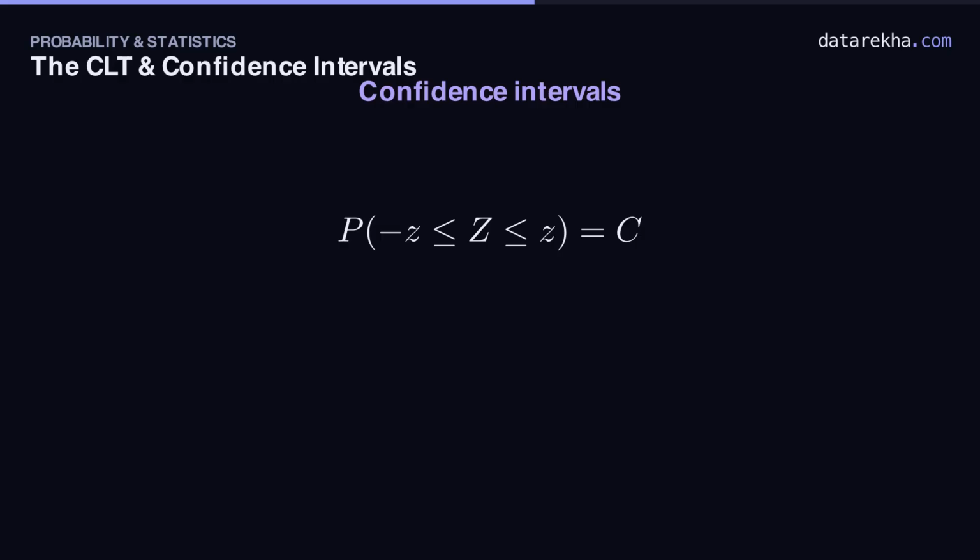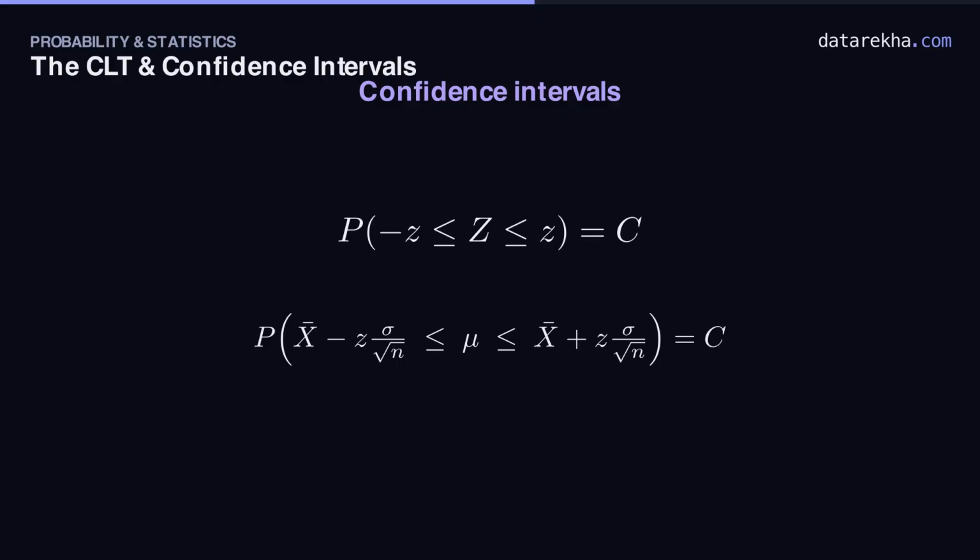Pick a confidence level C, say 95%, and find the z that captures that much probability in the middle of the standard bell. Substitute z equals x bar minus mu over the standard error. Then rearrange so that mu sits alone in the middle. Out falls a statement that mu lies between x bar minus z standard errors and x bar plus z standard